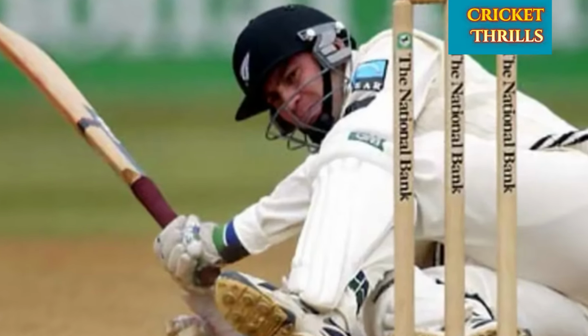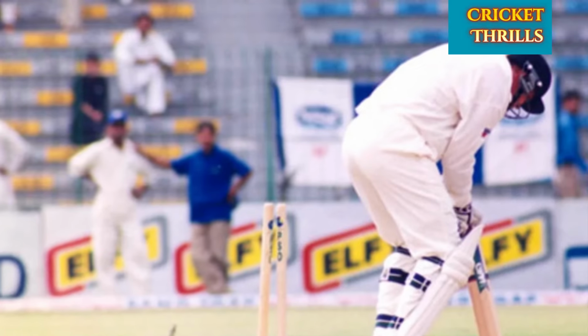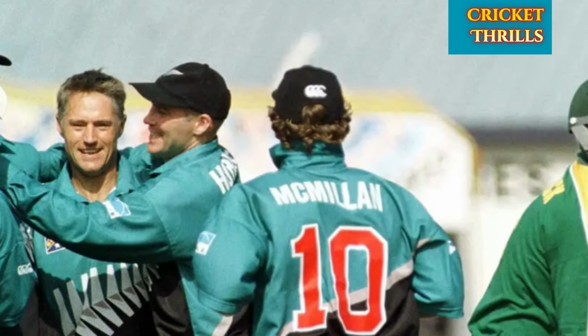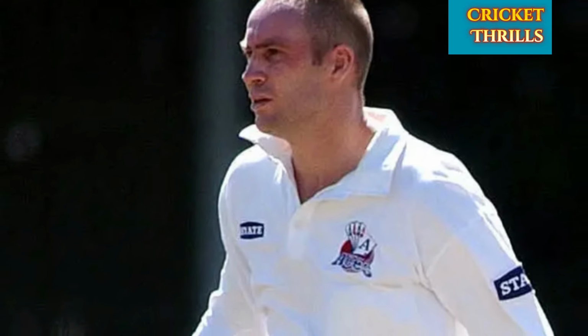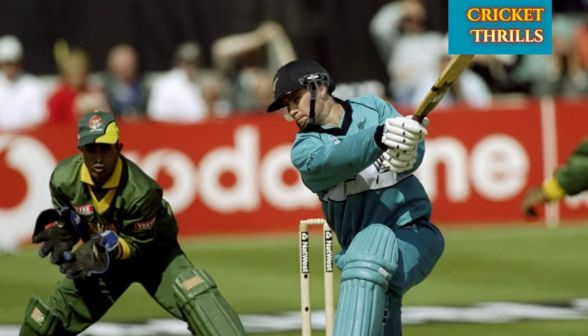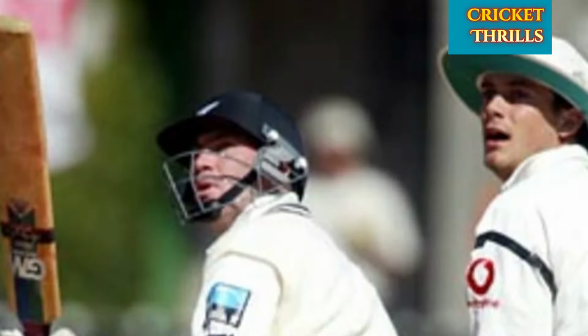Matthew Horne started well in Test cricket, scoring his first century against Australia in Hobart during the 97-98 season. However, it was his brilliant 100 at Lord's in 1999 that stood out, helping New Zealand secure a famous series win in England. Sadly, he could not maintain that form, going 9 Tests without a half century, leading to few opportunities in the team. In ODIs, he showed flashes of his attacking game, but never converted any of his 50s into a century. Matthew Horne retired from first-class cricket in May 2006 while playing league cricket in Scotland, leaving behind memories of his fearless batting style and a few standout